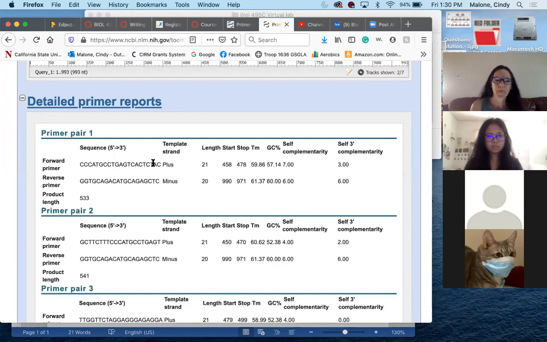But if you have a whole bunch and all of them look pretty good, we're just gonna get one set. Like, we don't need to go crazy and have everybody setting up 15, because that's how it goes. Either all of them work or none of them work. So that's always an option if your primers are not ideal and none of them are really good. But if they look pretty darn good, then we would just get one set for each person. And so if your reverse is totally crap, or you get back 2 or 1 and it's total crap, and you look at